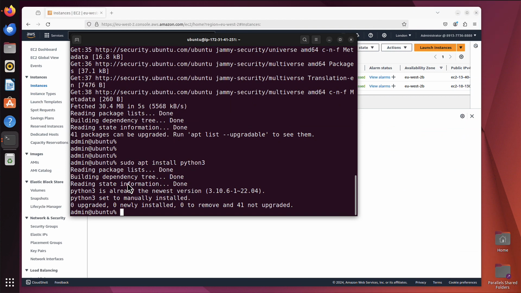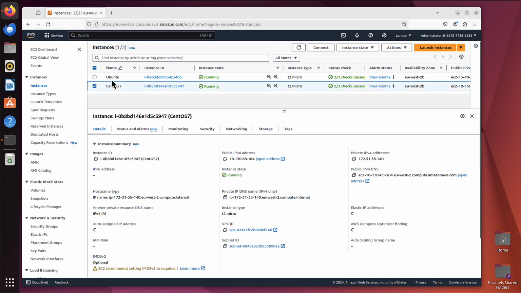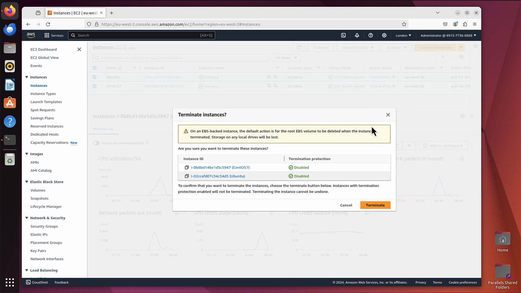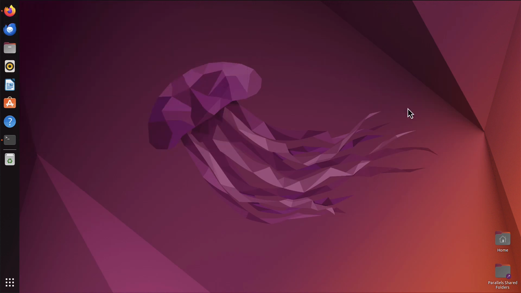And now we have Python installed, but so what? How do we work with it? So the first option is that interactive shell I was talking about. And maybe let me close that. I will terminate those servers as well. We don't need them anymore. I can just use standard Ubuntu that I have locally here.